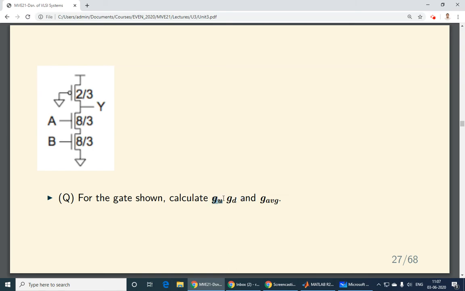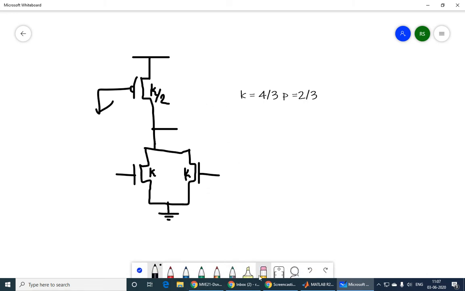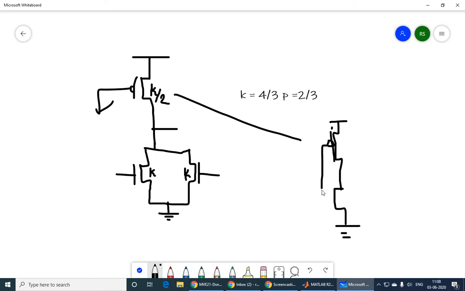When you're doing the GU calculation, this is 2 by 3, so let's just do it maybe for this example. The equivalent inverter for this particular transition is going to be, this is my static CMOS unskewed inverter, and the PMOS size is 2 by 3. So the NMOS size is going to be half of this. So easily I can get 1 by 3. So therefore